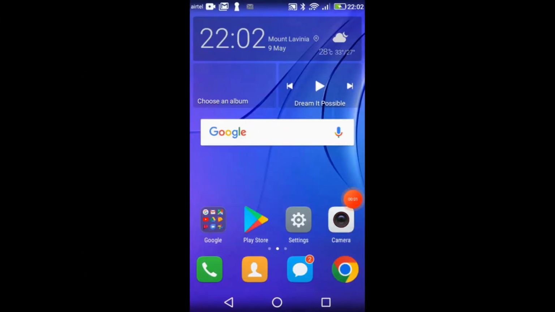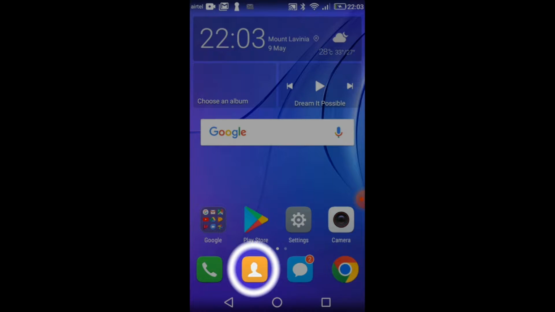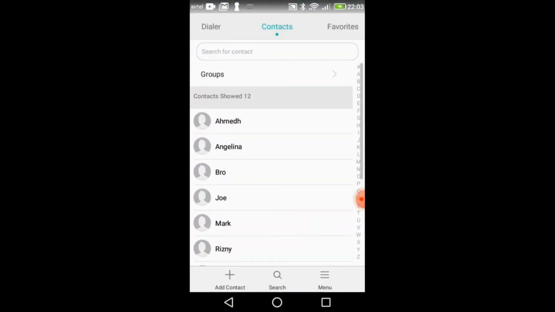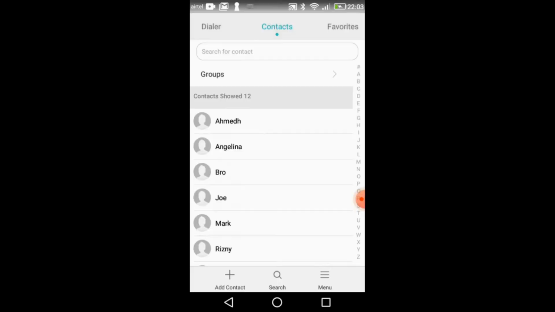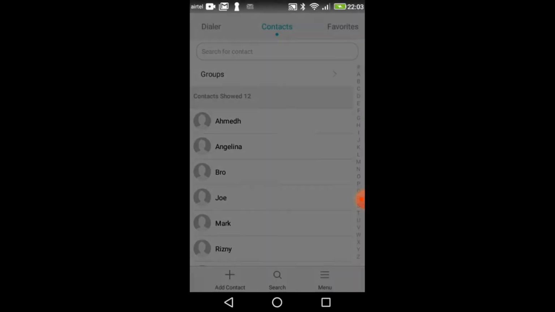So before resetting our phone, let's back up all of our contacts to our Gmail account. So first let's click on the contacts app and then click on the hamburger icon, which is the menu, and then click on import export,